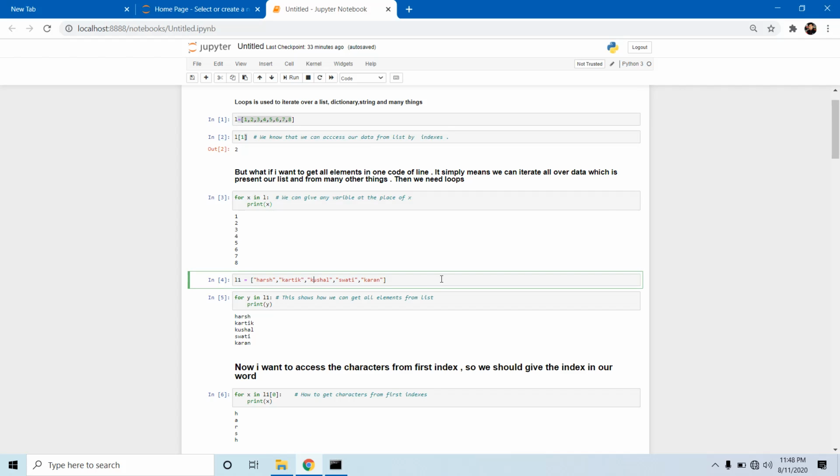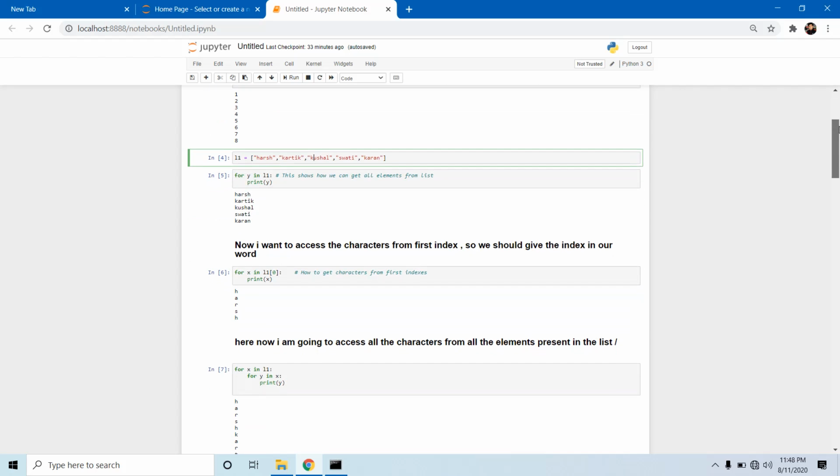Same case with strings also. I added a list over here, L1, and stored a list into the L1 variable. And I am storing the L1 elements into y one by one, and then I am printing that.